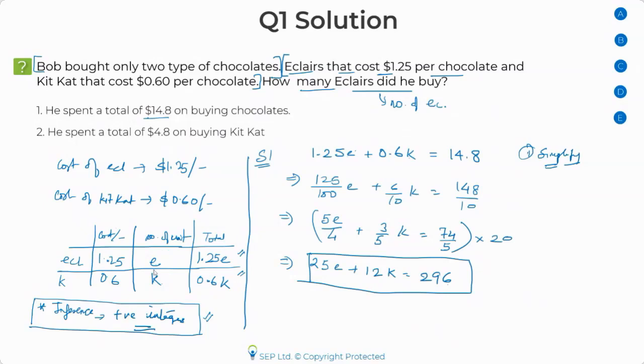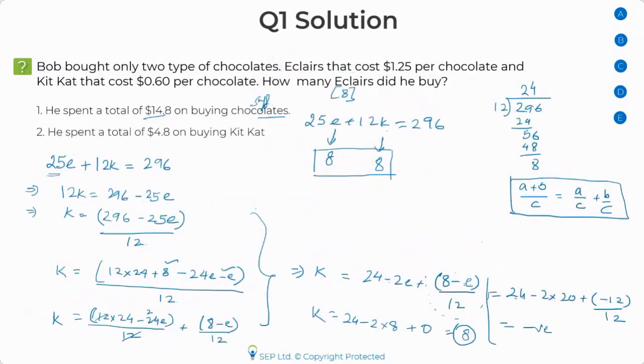Number 3 learning is that if you have a single equation with 2 variables, don't think that you will not be able to get any more answers. Don't think that way, that no more answers are possible. If you have any additional information, like in this case we had additional information that e and k should be positive integers, then you should apply this methodology to figure out if there's a possible way to solve this question. Now, what's a possible way to solve this question? The possible way is to first of all simplify and get an equation. Once you get an equation, you need to break it down in such a way that you get a simplified form of k.